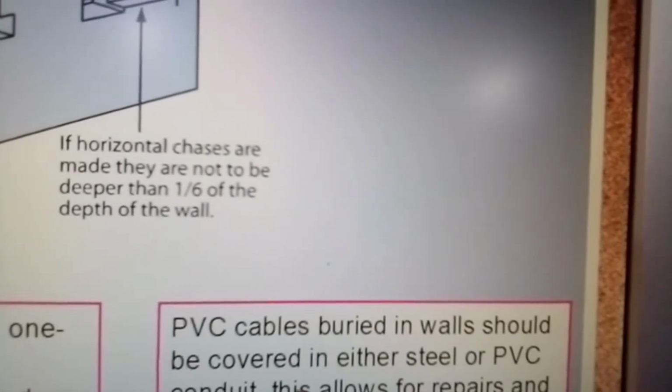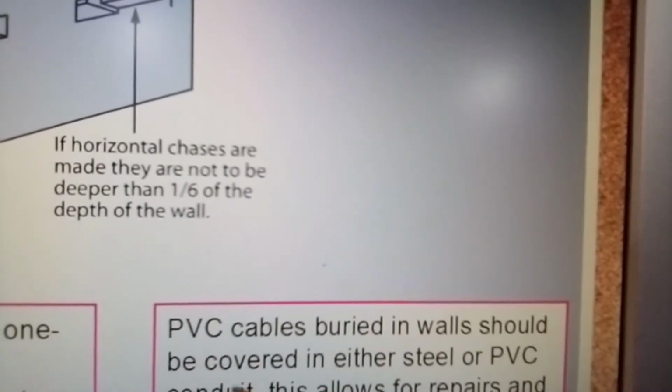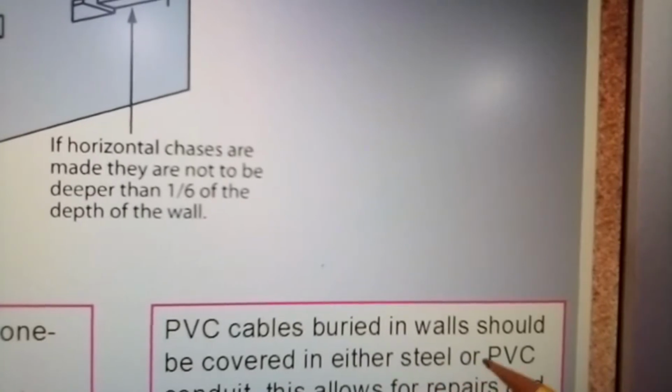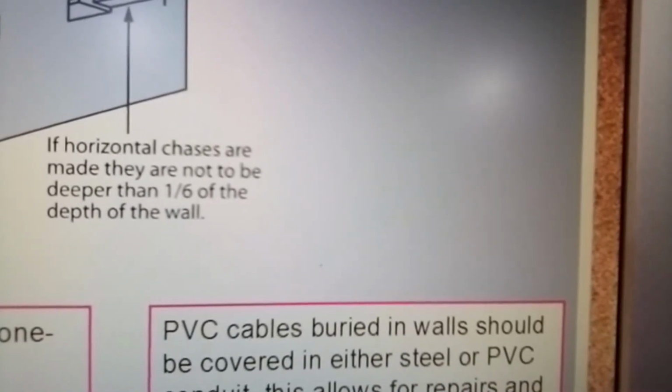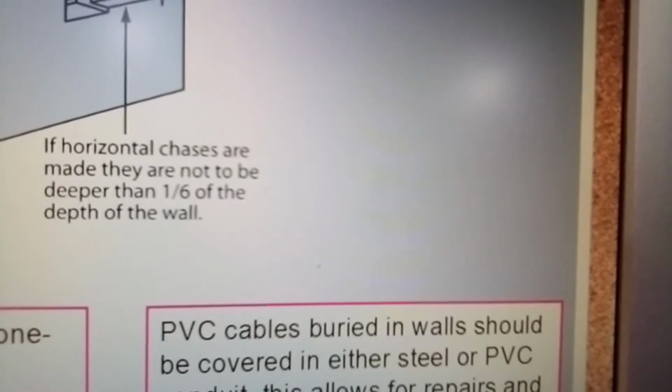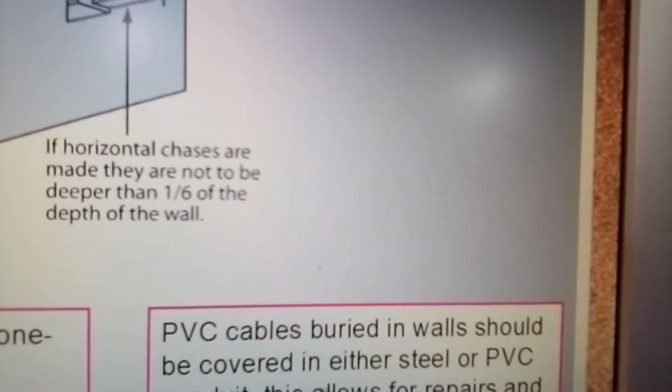And here we have PVC cables buried in walls should be covered in either steel or PVC conduit. This allows for repairs and rewires. Okay. Now,